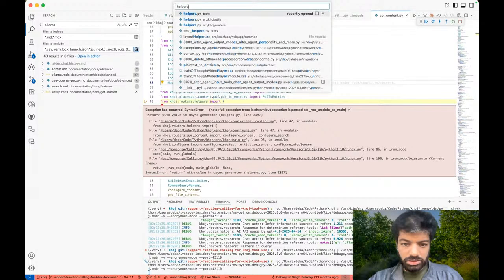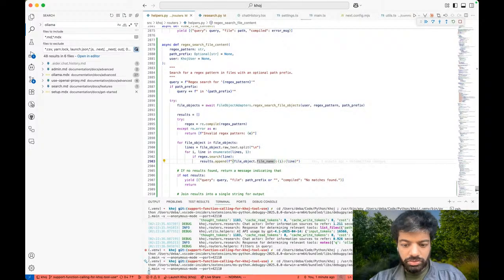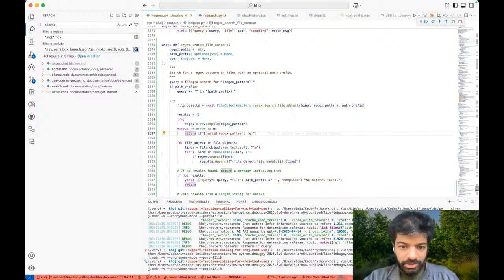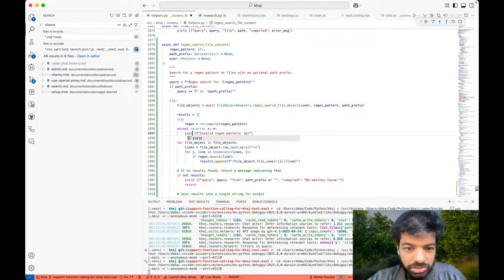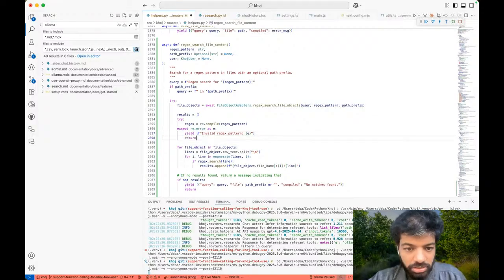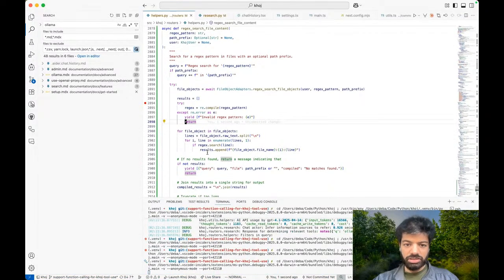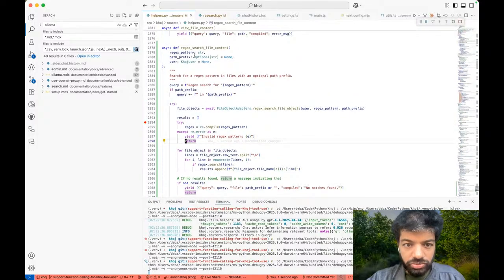Let's go to that. 2897 here. Oh, it needs to yield and return, and then we also should put a breakpoint. Okay, maybe that was the issue.